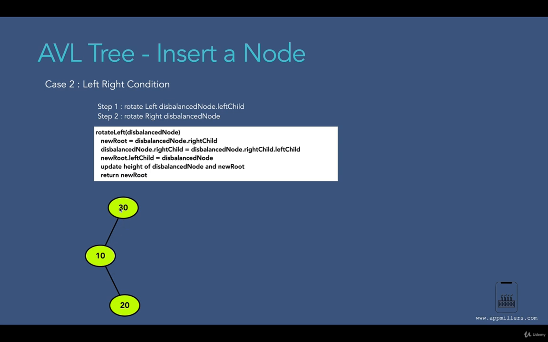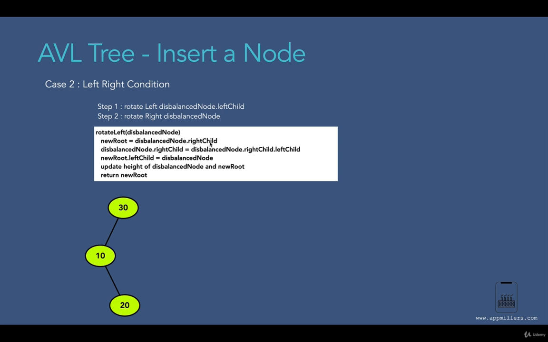So we can easily see that this is a left-right condition, because to go to the grandchild of this 30, first we are going left, then we are going right. So this means that this is the disbalanced node. So first we are going to do left rotation for this disbalanced node, then we are going to do right rotation. So to do the left rotation, as the algorithm says, first we need to create a new root,